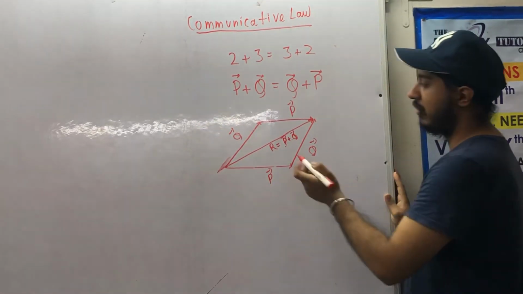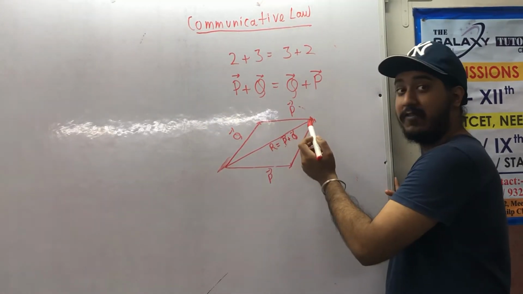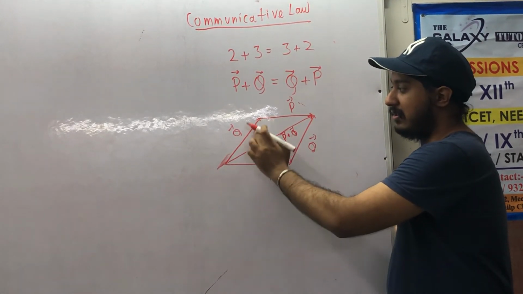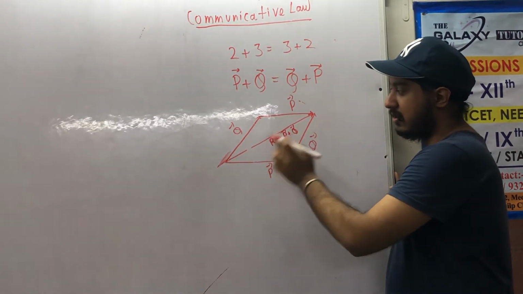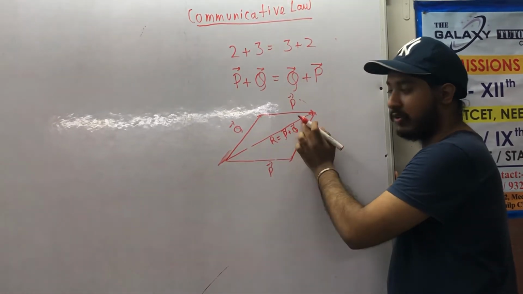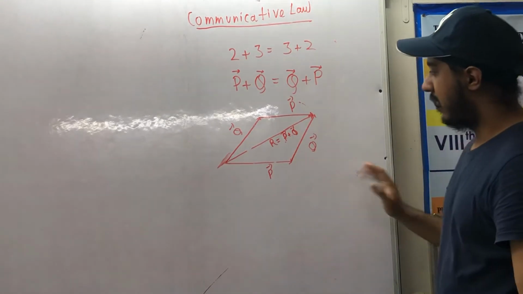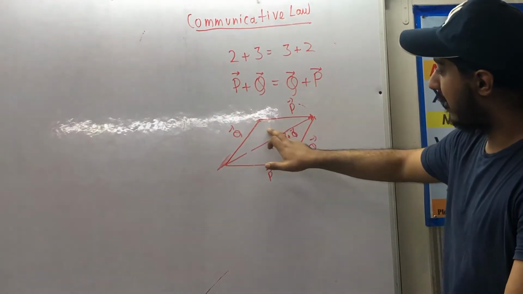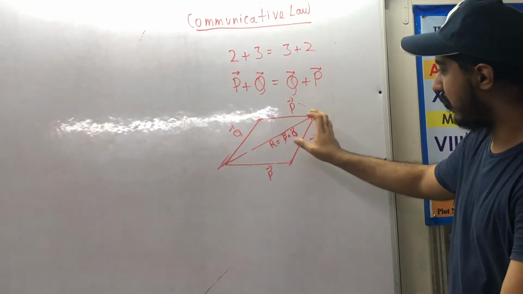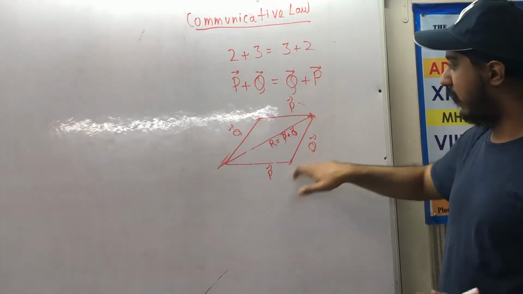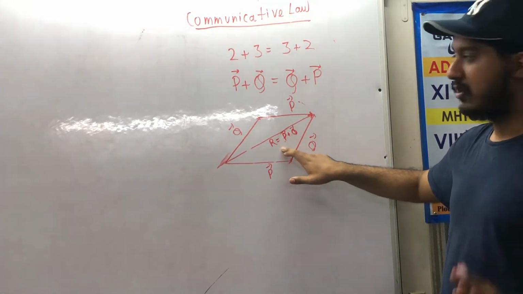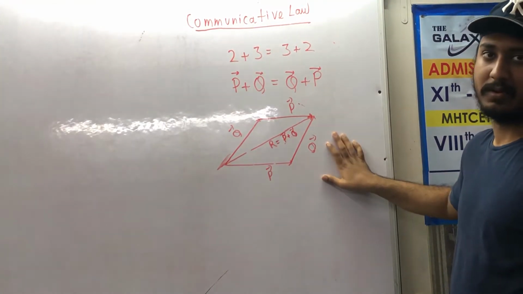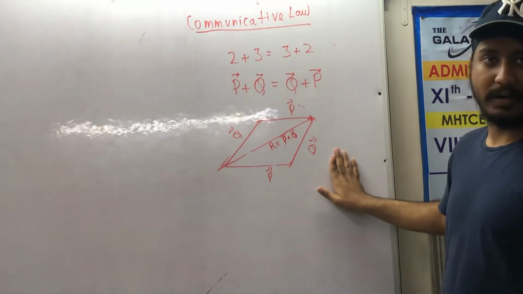So now you can see here the resultant of these two vectors, what will that be? You can see a triangle being formed here. These are the two sides of the triangle, and the third side, this vector R, will form the third side automatically. So as you can see, the resultant of these two vectors is R, and the resultant of these two vectors is also R, the same side, because there is only one side here. So the answer of these two is this one, the same value, that is R. Hence you can say that this commutative law is verified from this simple example. Okay, so this was your commutative law in vector addition.